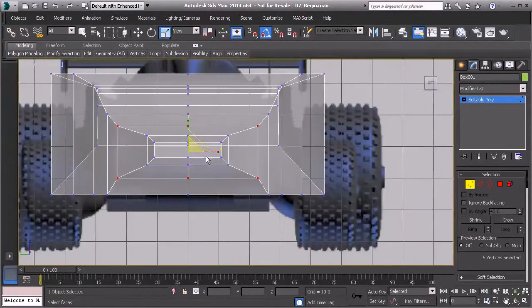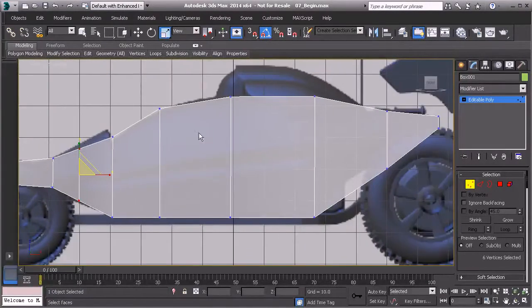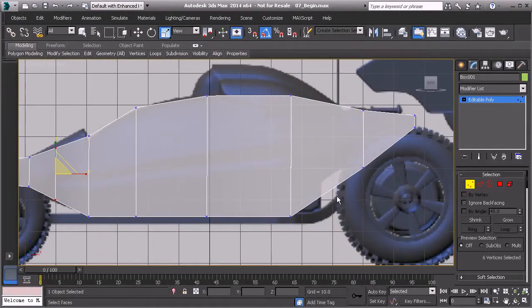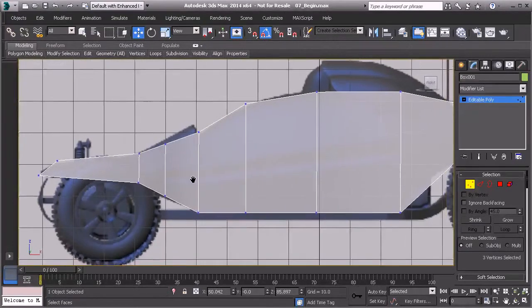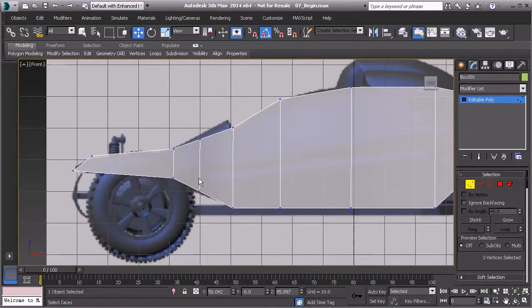So let's go back to our front view by hitting F. Everything is matching up in here pretty well. I want to grab this segment right here and pull that up there. And everything's matching pretty close up to this point. But I do want to make just a really quick change, because if we take a look at